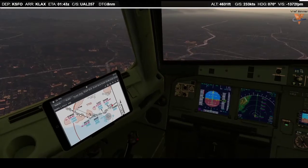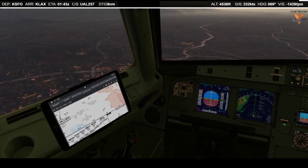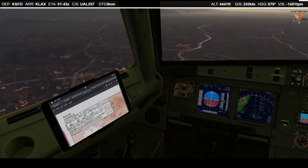Alaska 1945, contact Limburg Tower 118.3. And that does match Alaska 1945. And he is aware of your situation. Localizer for